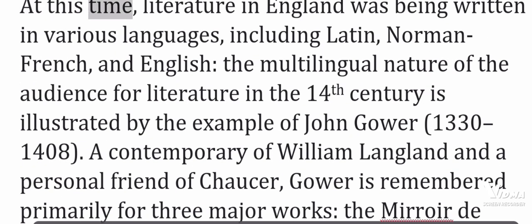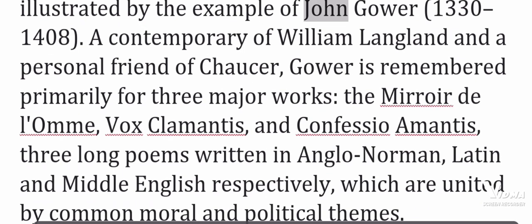At this time, literature in England was being written in various languages, including Latin, Norman French, and English. The multilingual nature of the audience for literature in the 14th century is illustrated by the example of John Gower, 1330 to 1408. A contemporary of William Langland and a personal friend of Chaucer,